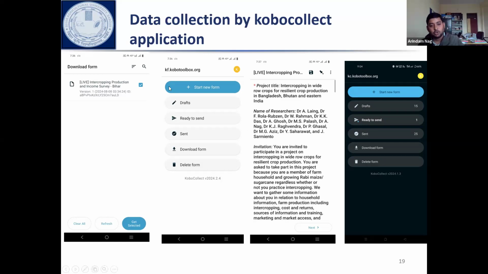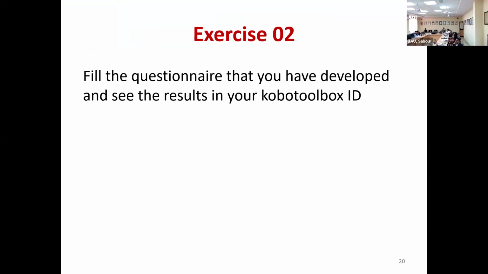ठीक है, तो आफ्टर सिलेक्टिंग ए पर्टिकुलर फॉर्म which you are intended to collect data from the respondent, तो उसको जब सिलेक्ट कर लेंगे, डाउनलोड कर लेंगे और फिर स्टार्ट न्यू फॉर्म करके उसका एक एक फॉर्म का आप रिस्पॉन्स ले सकते हैं इंडिविजुअल से एंड ड्राफ्ट में सेव कर सकते हैं। जब फाइनलाइज हो जाएगा और सबमिशन नहीं हो पाया क्योंकि आपके इंटरनेट कनेक्शन नहीं है, तब रेडी टू सेंड में दिखाएगा एंड देन एक बार इंटरनेट कनेक्शन जब आप प्रॉपर जगह में आ जाएंगे, इंटरनेट कनेक्शन रहेगा, तब वो सेंड हो जाएगा। जब ये सेंड हो गया